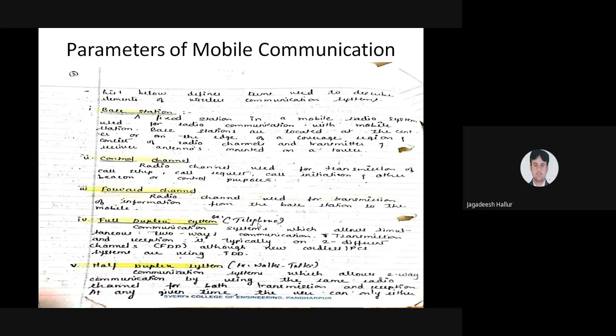So it is a fixed location in a mobile radio system. This fixed location, at the center or at the edge of the particular area, is called the base station, in brackets, the short form BS. If you want, you can write: a base station is a fixed station which is located at the edge or at the center of the particular region or area. After this base station,